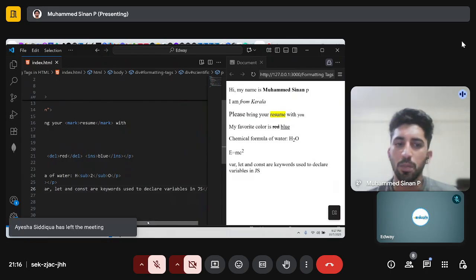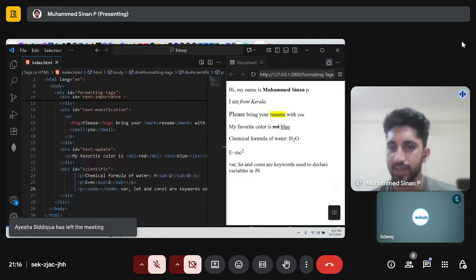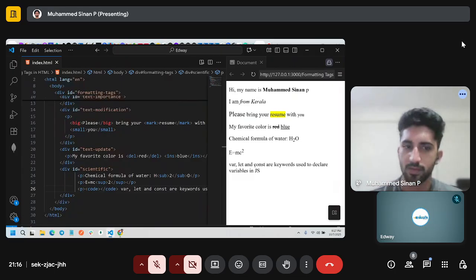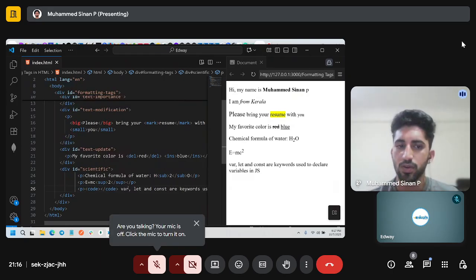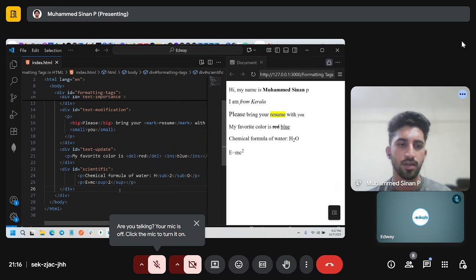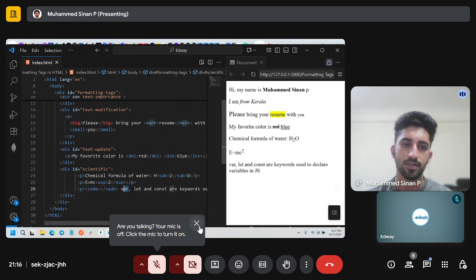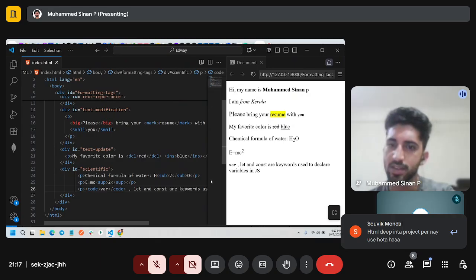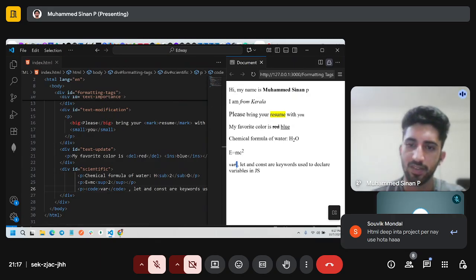But I want to make the var, the let, and the const look more like code. So what we can do is put them inside the code tag. So it will look like code. As you can see, the var is different from the previous var, right?